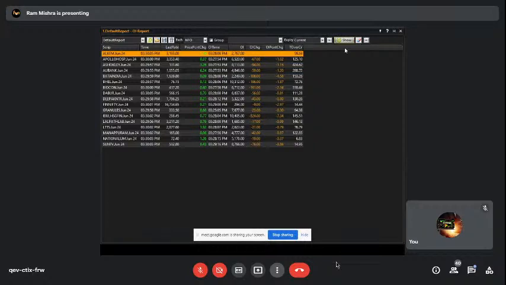So you can open four different windows of these options, and set them as per your need and your space on the screen. This is basically the OI report. The columns are price percentage change, OI, open interest absolute value, OI absolute change, and open interest percentage change.